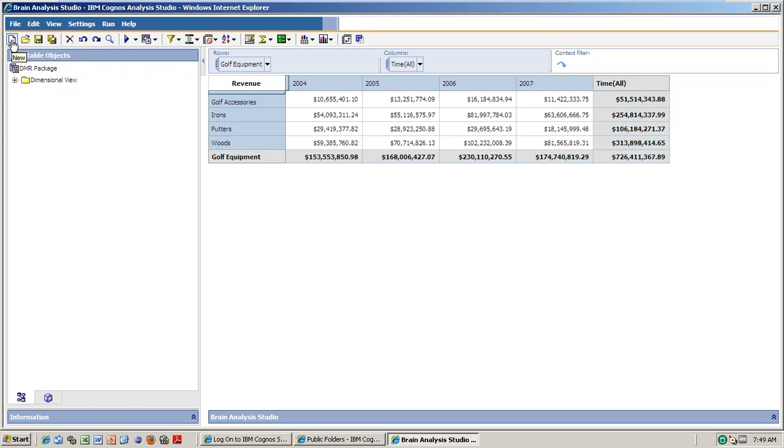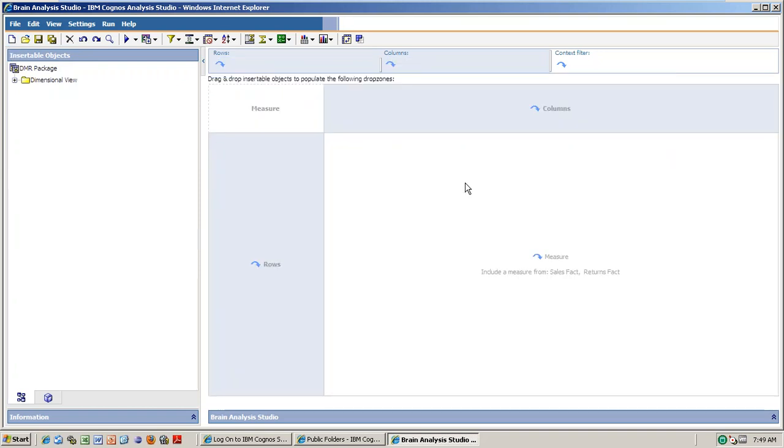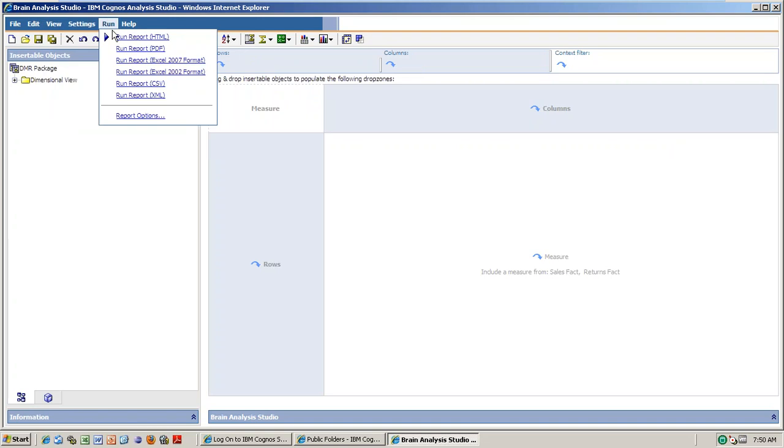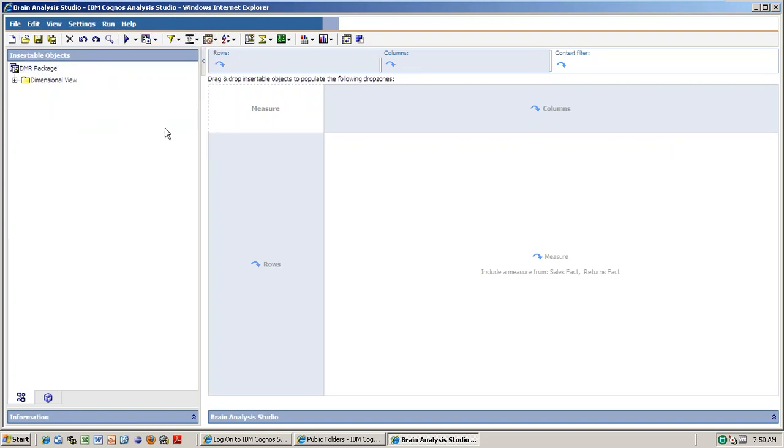If you want to create a new analysis studio and click it, a blank page will come. Yes, you can proceed further. And all these things, settings and so on, you are already aware of. You just open our things.